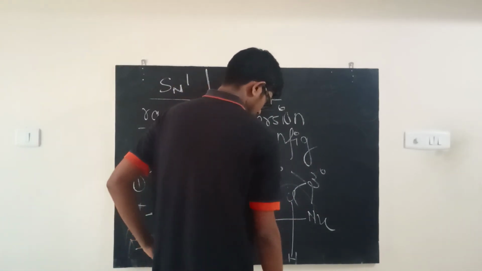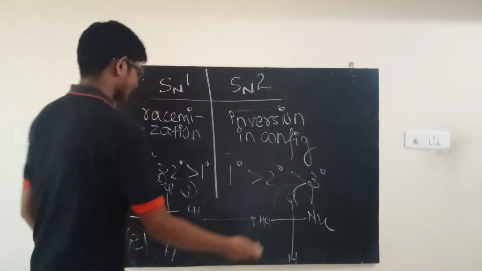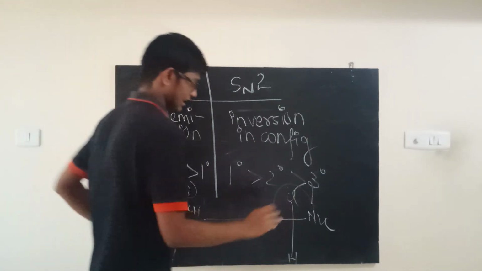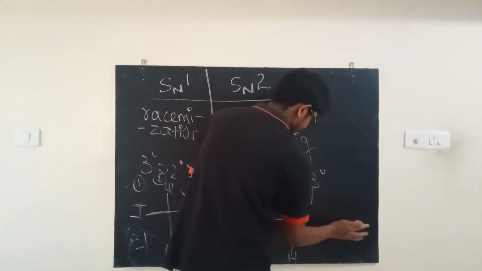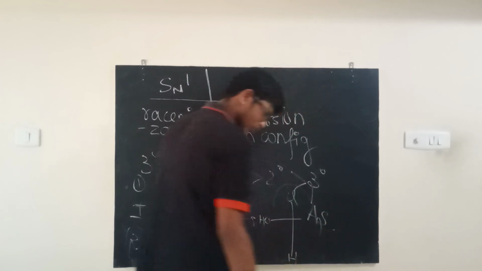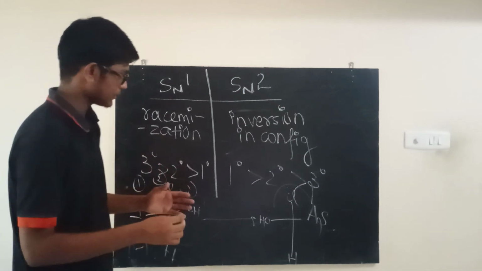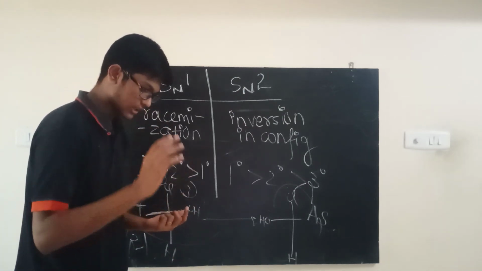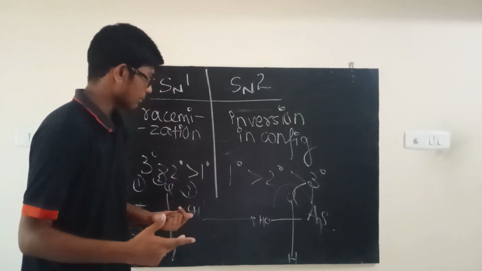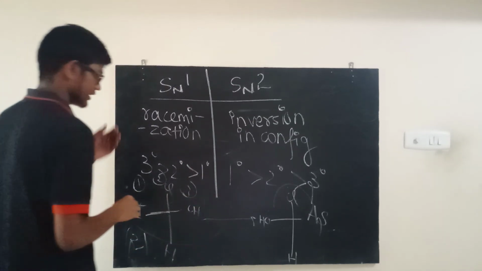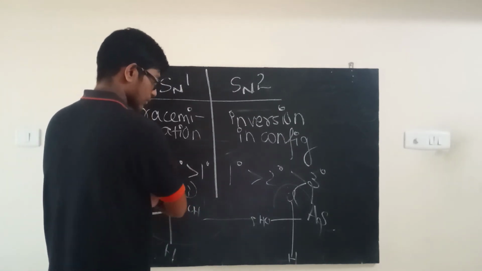Okay? But then you can argue how will that happen if iodine is here. So suppose you have, this is just a joke, but suppose you have aspartame, for example, which I know is radioactive and does not react and stuff. But I'm giving you an example here. I'm just showing you that it's not completely correct to say inversion in stereochemistry, but it is completely correct to say inversion in configuration. Okay, so that's just something we wanted to discuss.